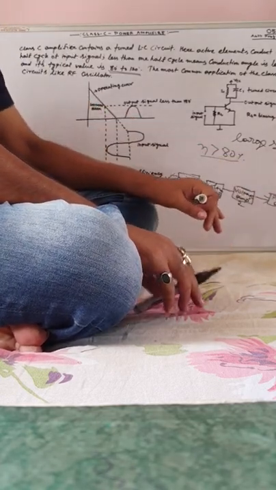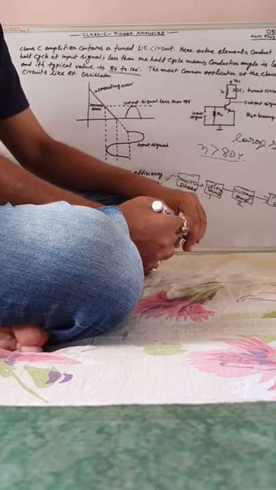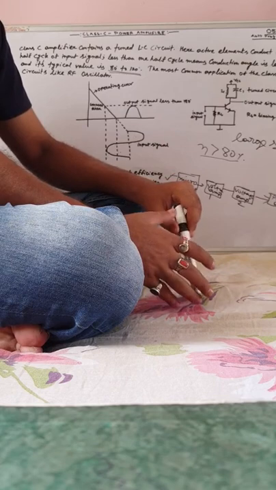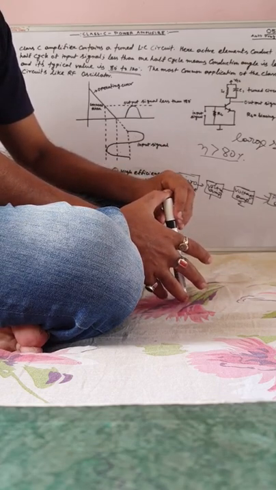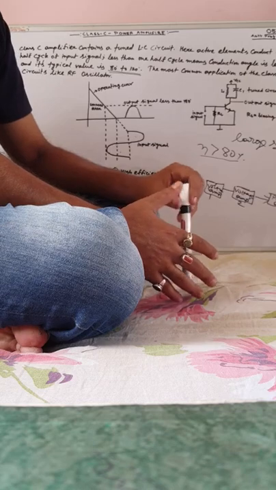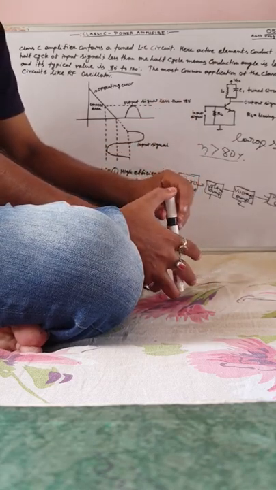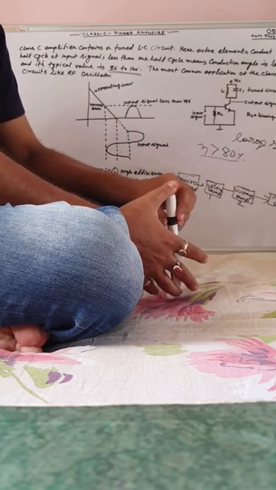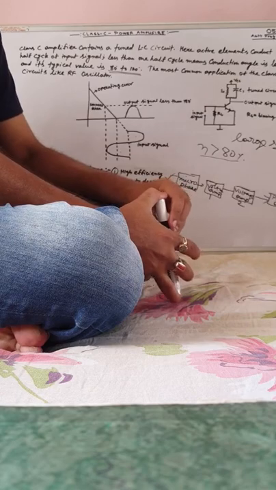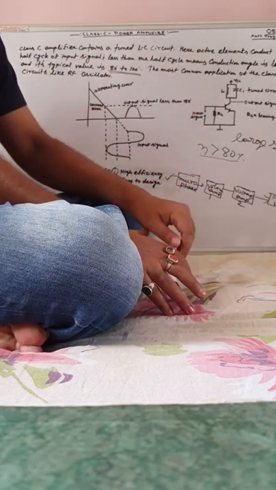So many other processes are there. Basically class C power amplifier is used in oscillators, and it is used in large scale signal amplification where high efficiency is required, efficiency greater than 80%. In those cases, class C amplifier is used. So remember this sort of thing. These are enough for your class C amplifier.